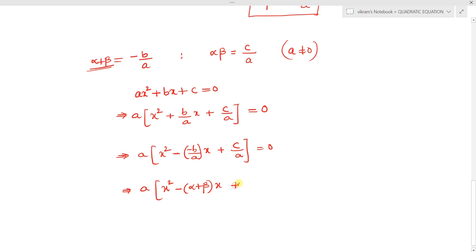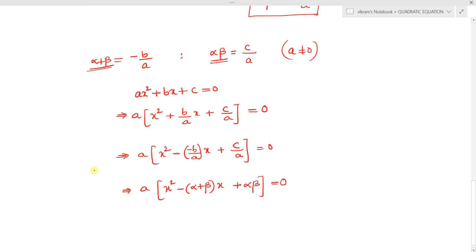Plus, and c by a can be written as alpha beta, so c by a written as alpha beta equals 0. Then a quadratic equation ax square plus bx plus c can also be written as a times x square minus the sum of the roots plus the product of the roots,